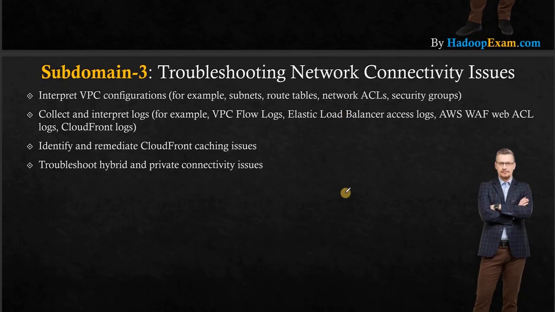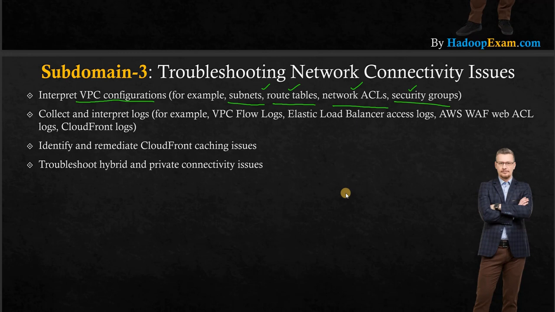Okay. Now the last subdomain in this is troubleshooting network connectivity issues. Now you configure it, but this is one of the most challenging parts. Like people struggle here, like subnets, route table setup, network ACL setup, security. So this is not accessible, this is not accessible, they would keep complaining, correct? So you need to see your subnets, route tables, network ACL, security groups. These are various layers on your infrastructure when you configure it.